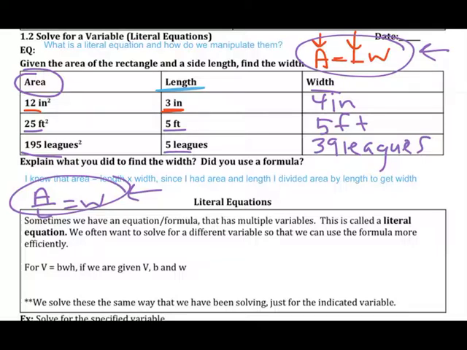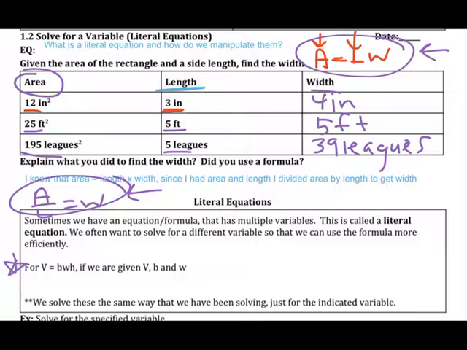The process that we're going to use is the exact same process that we have been using to solve equations when there's only one variable. So if we're trying to get rid of something that's being added, we're going to use the subtraction property of equality. When we're trying to get rid of something that's being multiplied, we're going to use the division property of equality. So for example, if you look down here, you can see for V equals B times W times H,